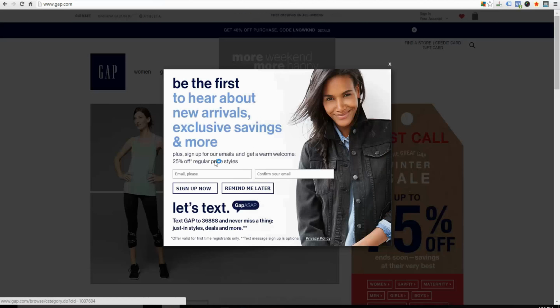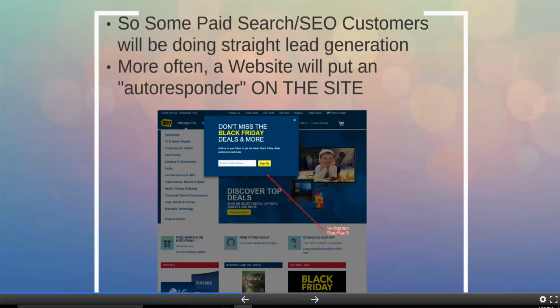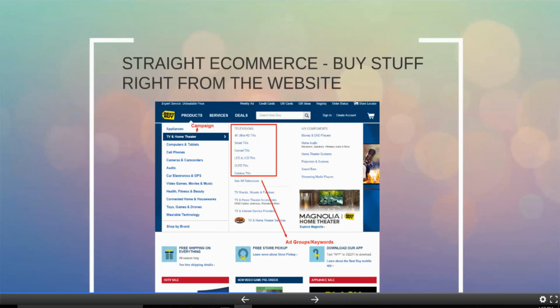There we go. See, you come to the Gap, and what do they do? Obviously, you can buy things on their website, but they want your email, and now they'd even like your phone number. They want you to text them, and they say, hey, we're going to give you exclusive access to sales and stuff if you give us your contact info so we can sell to you more often. So that's the combination between e-commerce and this lead capture protocol that is just essential in all marketing.